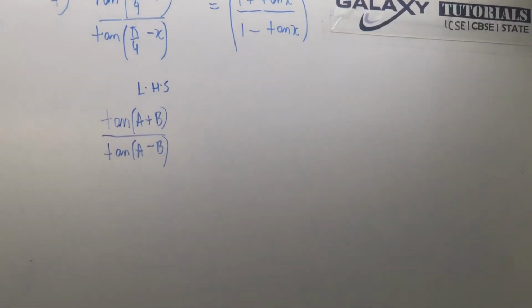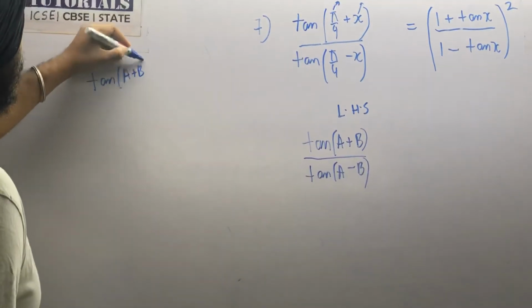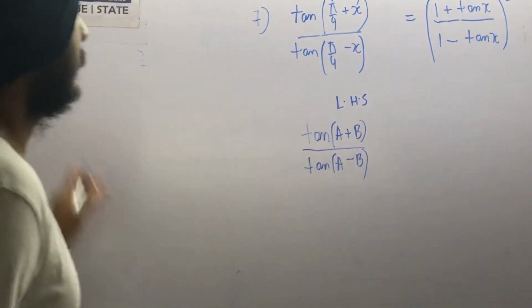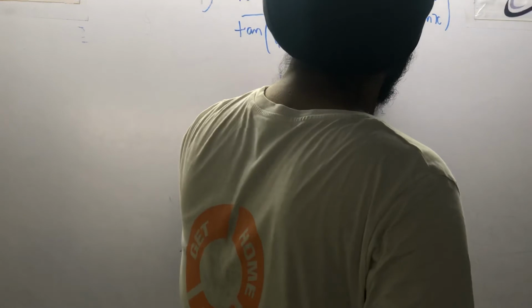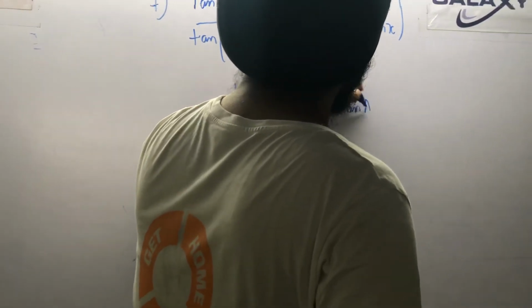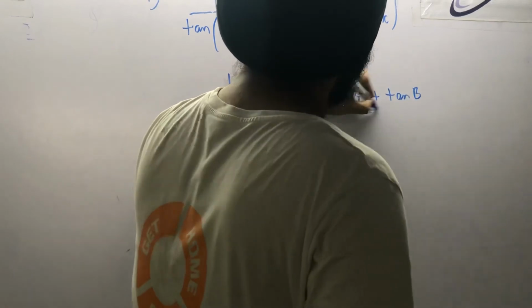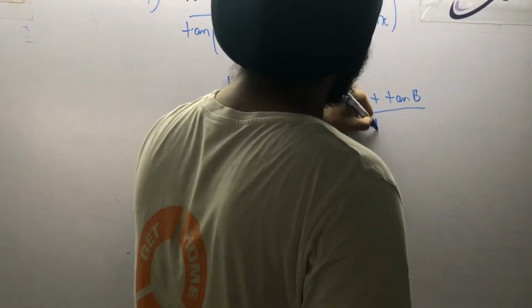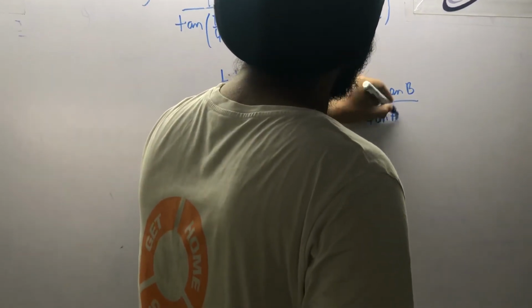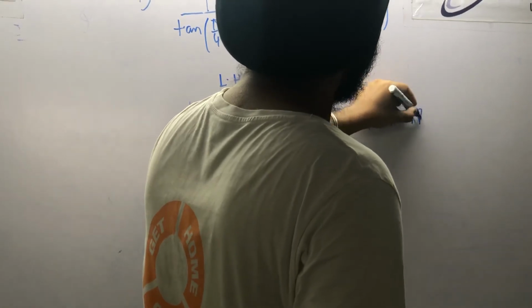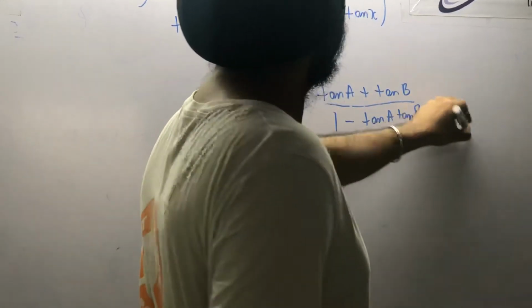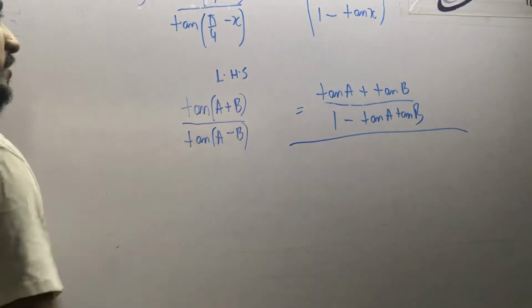Tan a plus b was how much? You know that. That is tan a plus tan b upon 1 minus tan a tan b. Okay, upon tan a minus b, that is